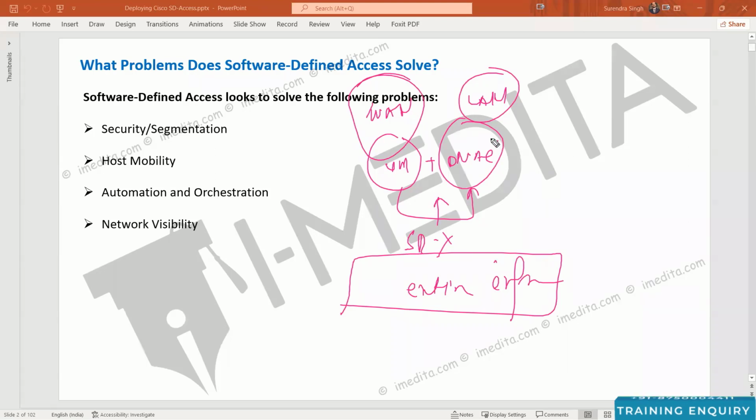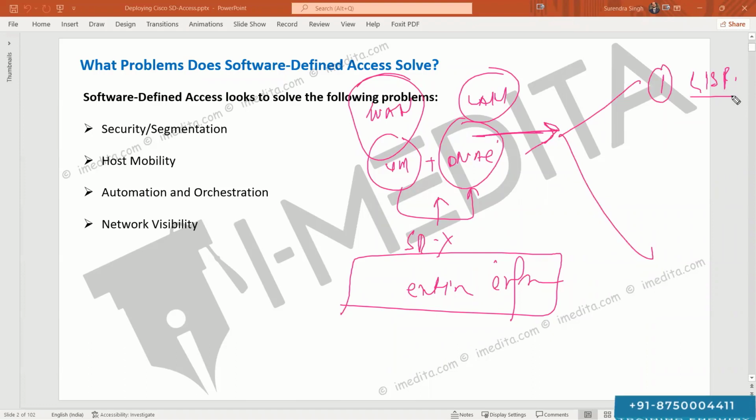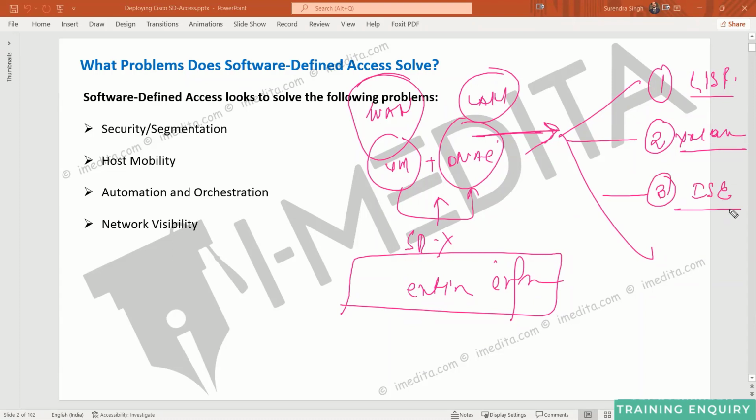Now, a lot of challenges are there in the DNAC. For example, you should know LISP. You don't need to configure it, but you should know at least a little bit about the protocol LISP, Locator ID Separation Protocol. You need to learn the VXLAN, not the VLAN, Virtual Extensible Local Area Network. You need to learn the ISE. These are at least three main components that you will notice in the SDA environment. And don't forget about